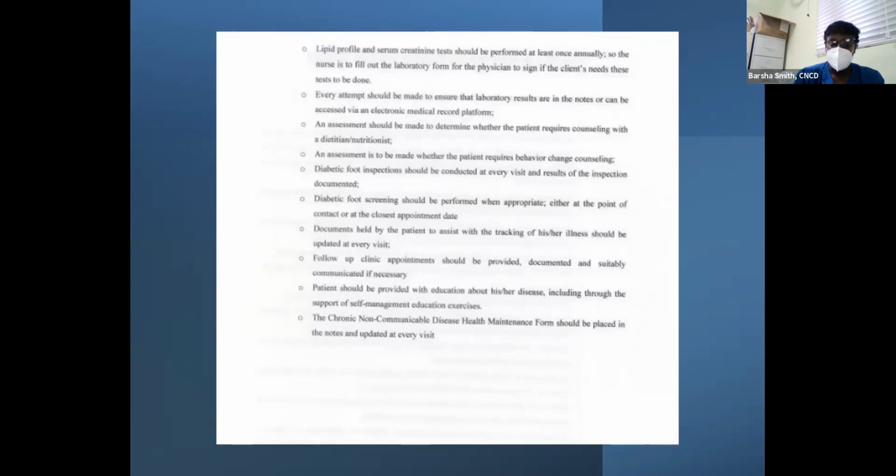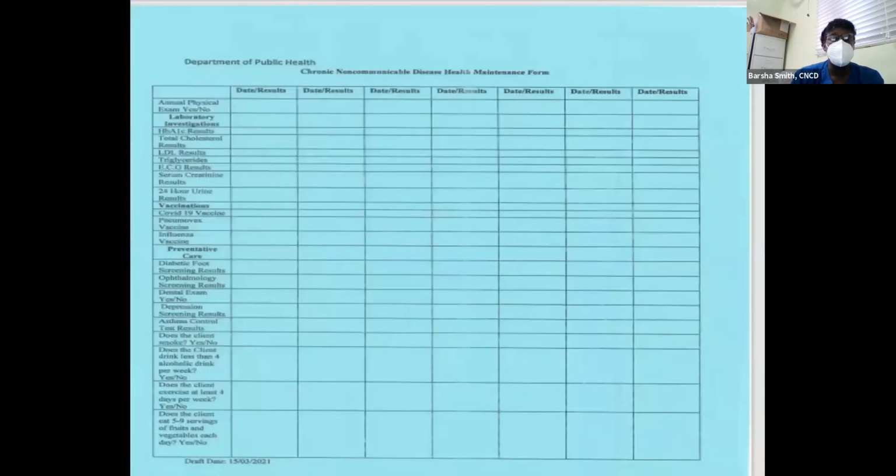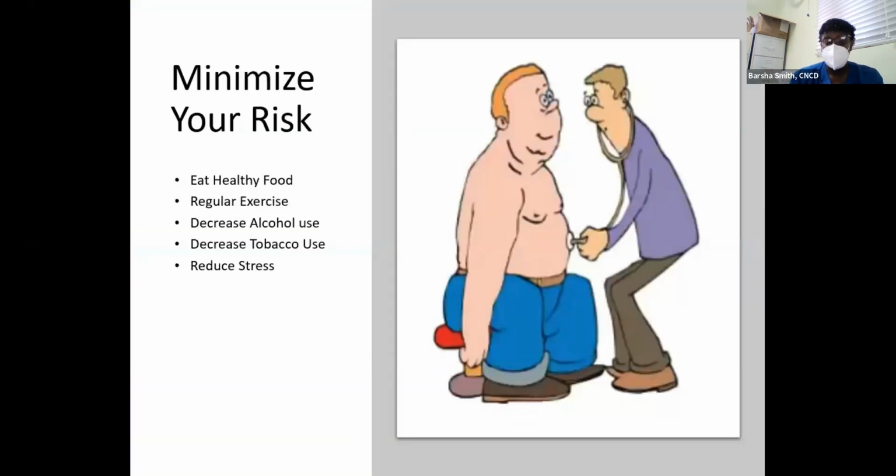And of course, in each patient's notes we have a CNCD health form, which you could glance at, and it should be completed by the CNCD clinic coordinators. It just gives you a quick glance of what the patient has already and what is outstanding. So if you look at it and you notice, oh, this patient has not had a cholesterol test done in 2 years. Oh no, I need to make sure this patient has a cholesterol test done. Oh wow, this patient needs an HbA1c because it hasn't been done in a year. So this just helps you to tell what is needed for that patient.